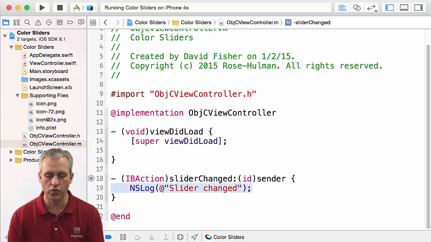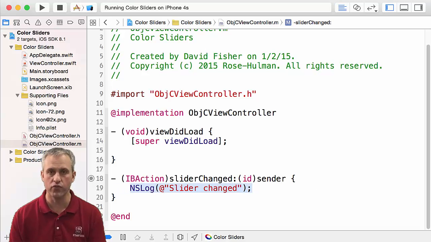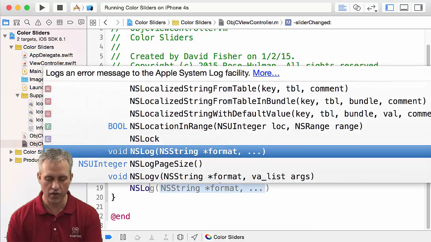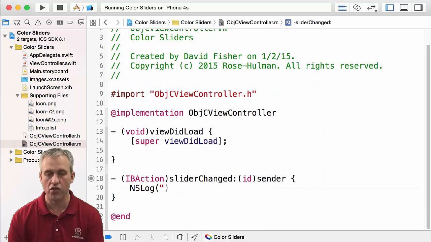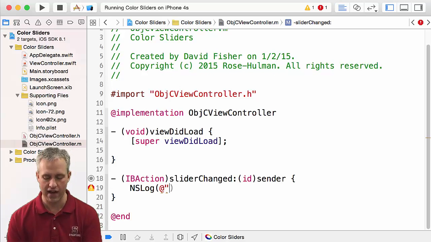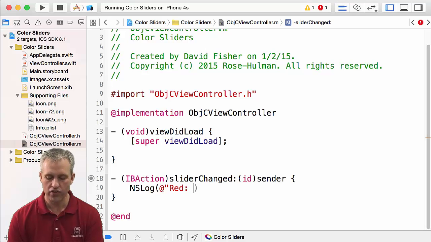The first bit of code we'll add is, in Swift, we did some logs, and we're going to go ahead and do some logs here. So the logs, instead of just saying slider changed, what we want to do is print out the value of the sliders. And the way this works in